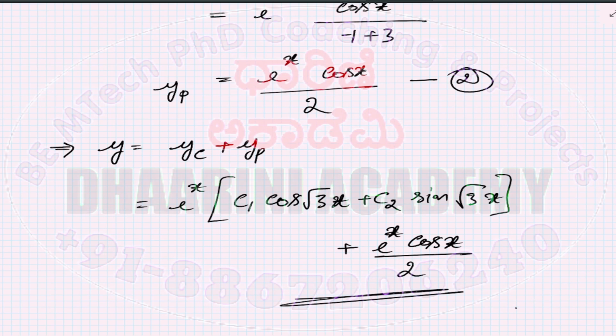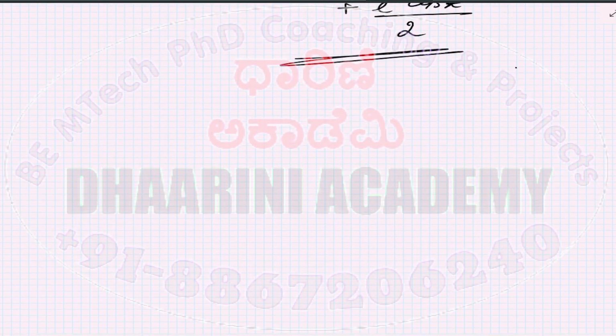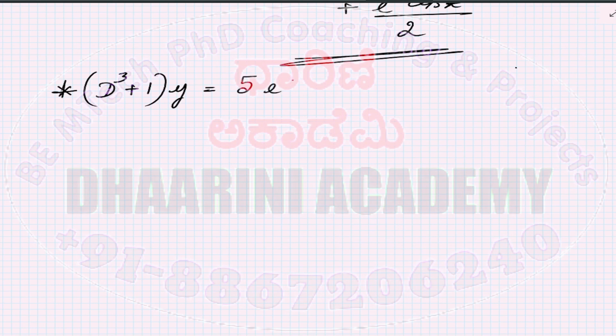All right. Now let's go further to the next question. So the next question is d cube plus 1 into y is equal to 5 into e to the x into x square. All right, now